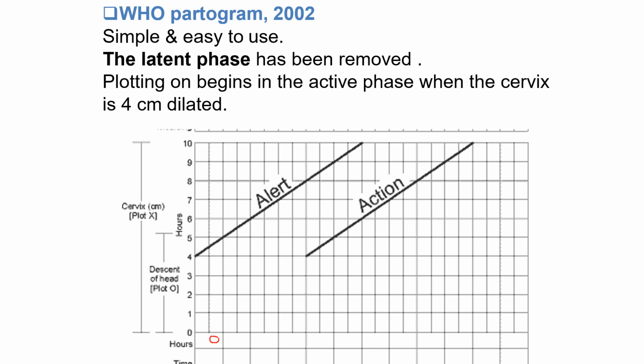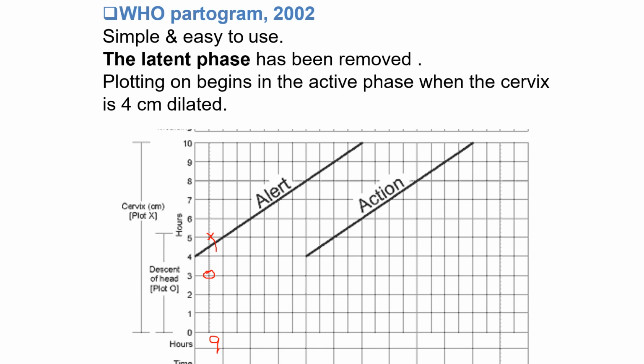So the time is 9. You have seen a mother with the 5 centimeter dilatation. So mark 5 centimeter. Put an into mark over here. Okay. And the same time the descent of the head was plus 2. This is 0. This is plus 1. This is plus 2. This way is plus 3, plus 4, plus 5. So this is the way.